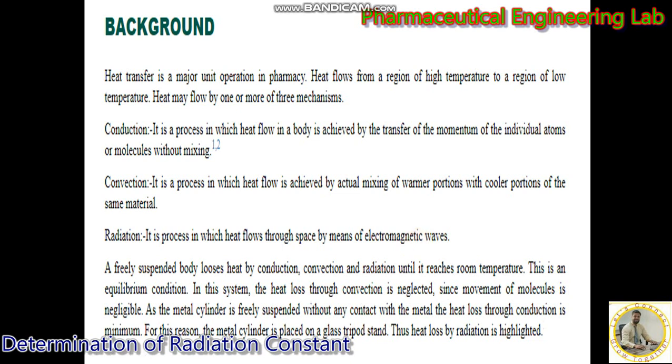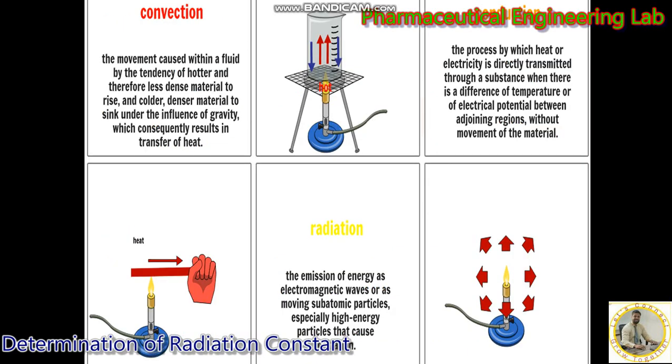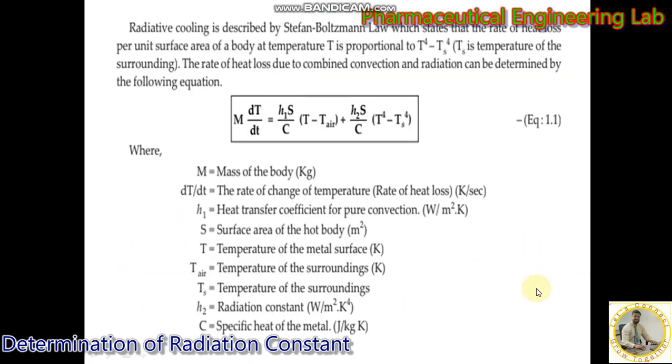So in this experiment we are only covering radiation, because the heat transfer because of conduction and convection is very less. Why? Because it is not a case where every time there will be some touch, or every time we are going to mix the same object with the hotter object. The same representation I have shown here for convection, and this is the example representation, this is the conduction definition, and this is the diagrammatic representation, and radiation, and this is the diagrammatic representation.